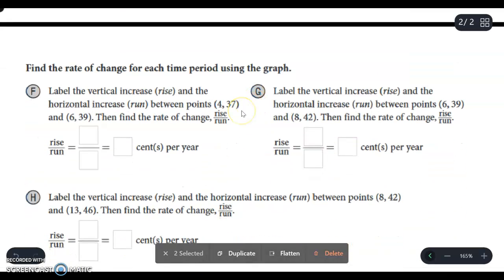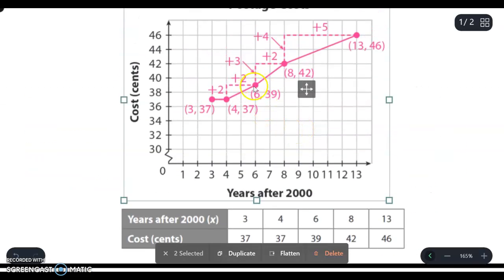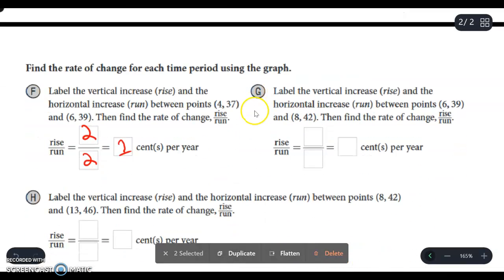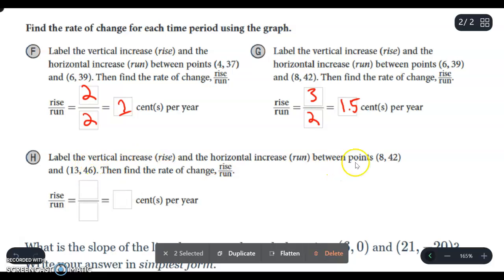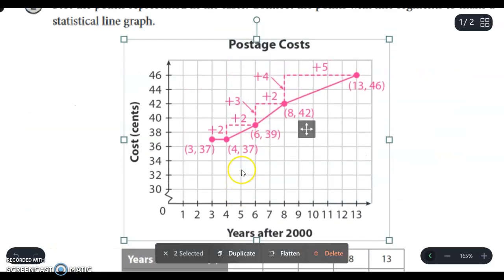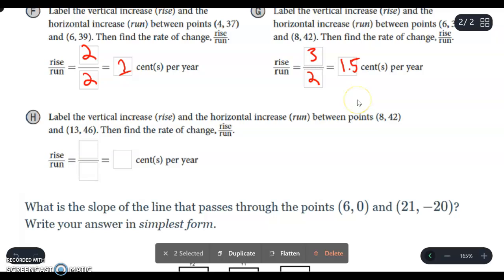So that's going to be 2 over 2. Write that out, which will get you 1 cent per year. Alright, the next between 6, 39 and 8, 42, 6 and 8, you're going up 3 and over 2. Alright, so that's up 3 and over 2. You divide that, you get 1.5. On the next one here, it says between 8, 42 and 13, 46. On that one, you're going up 4 and then over 5. So that's going to be 4 over 5, which is reduced down to